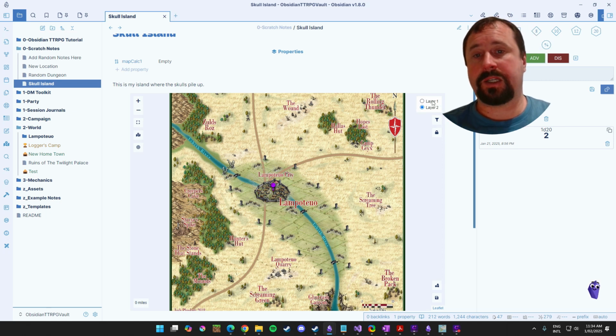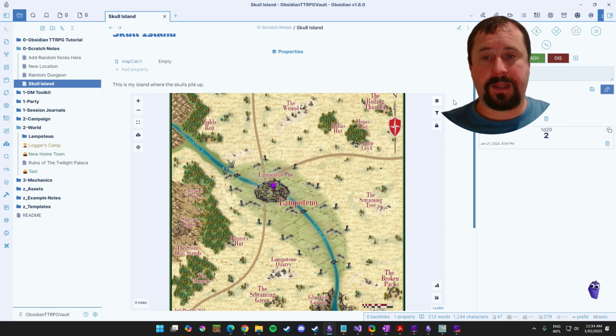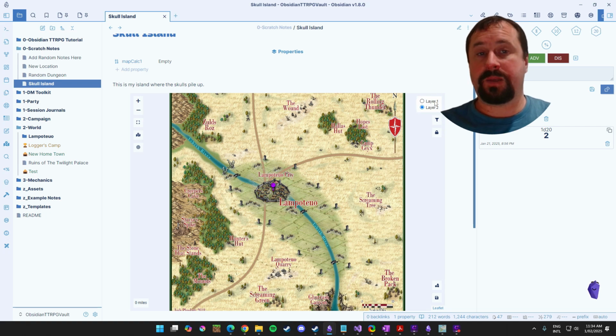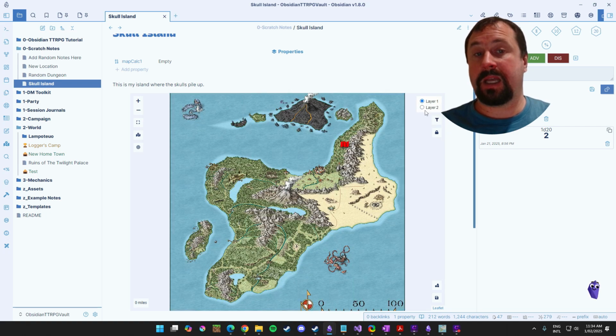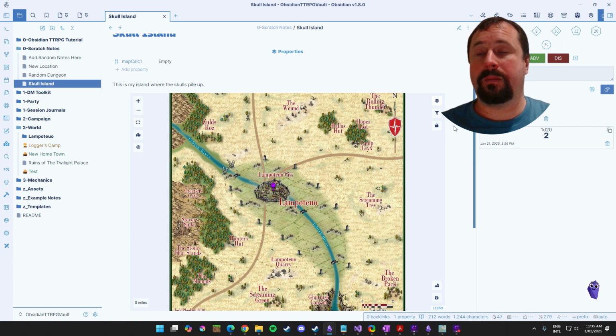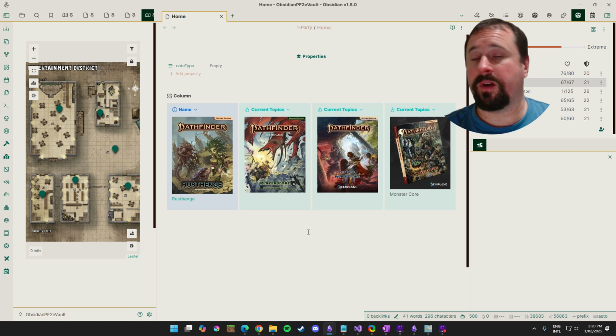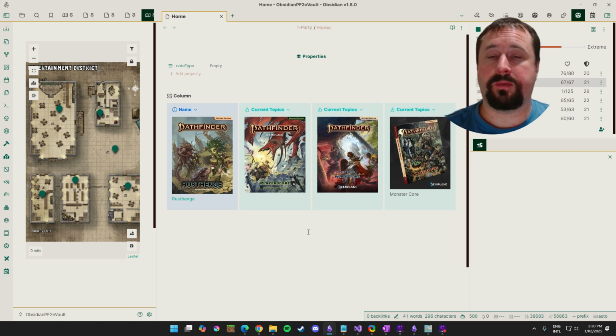If you've got, like, the world's largest dungeon, for example, and that's got the same size map for every layer of that dungeon, it's probably going to work really well to use these layers. And then you can have one master file. So there we go. Okay, so now that you've got your map into Obsidian, you've got it in your note,